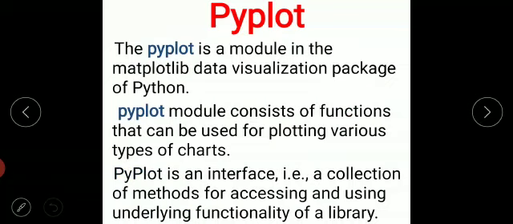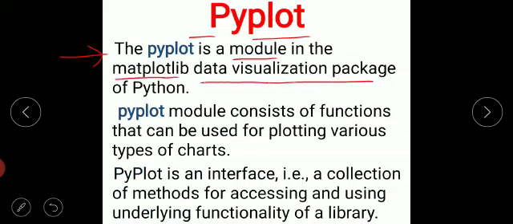Now, the term comes, what is pyplot? Right. The pyplot is a module. Remember this, children. Matplotlib is a library, whereas pyplot is a module in the matplotlib data visualization package of Python. Means pyplot is a module which exists within the matplotlib library.